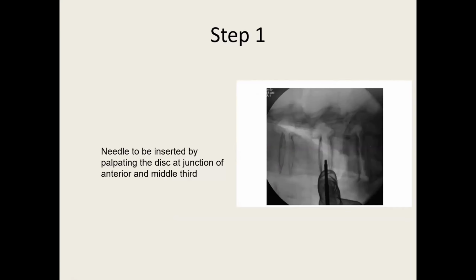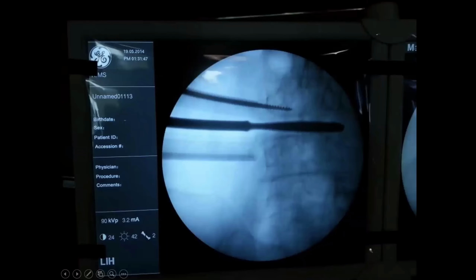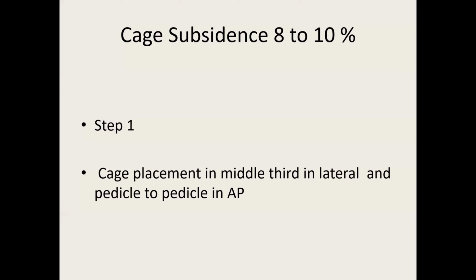Before placing the needle, always palpate for the disc, especially when putting the pack needle to confirm. Palpate with the finger. Do not blindly put the pack needle on the bone to confirm the disc. Palpate with the finger and then place your needle so that you're always in the disc, because the segmental vessel usually never comes on the disc space. As I was explaining, most of the work can be done with one pin also. We have been practicing doing our work with one pin to reduce vascular injury, both AP and lateral with the one pin.